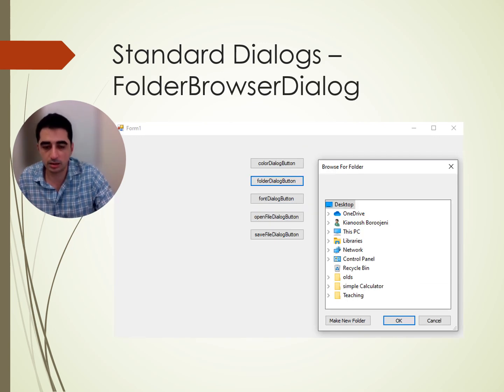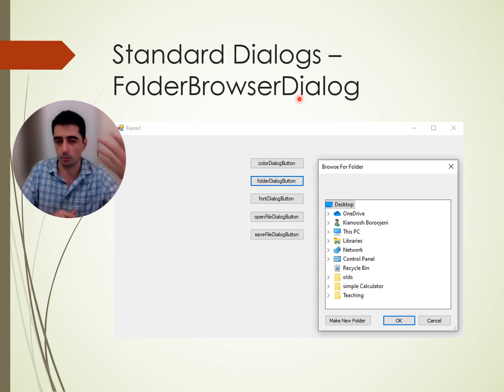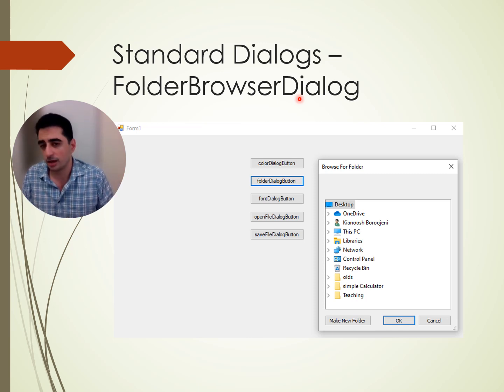Here is a similar example. Assume that you have dragged the folder browser dialog from the toolbox and dropped it on your form, and by clicking on this button you have called the show dialog on the folder browser dialog object that you dropped on your form. And when you do that, this dialog will show up on the screen,